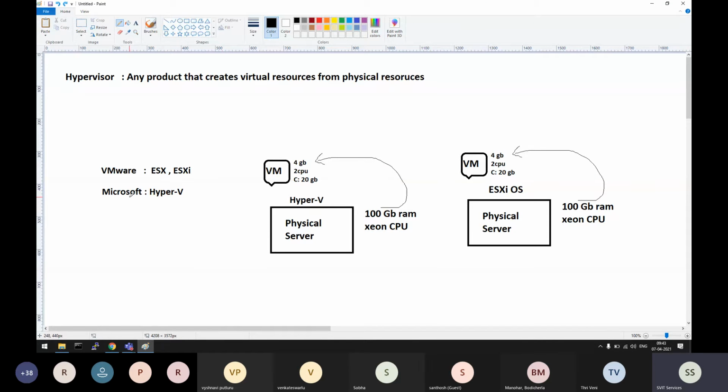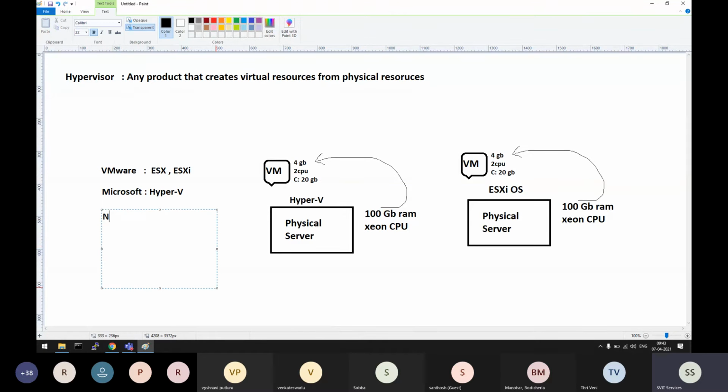And there are other competitors also. We will see the table, we will see which product vendor is doing what, what are their names of the hypervisors and all. Okay, I will list the third one also just for your knowledge. Nutanix, they have AHV. Okay, Oracle has KVM, Citrix has Xen Server.